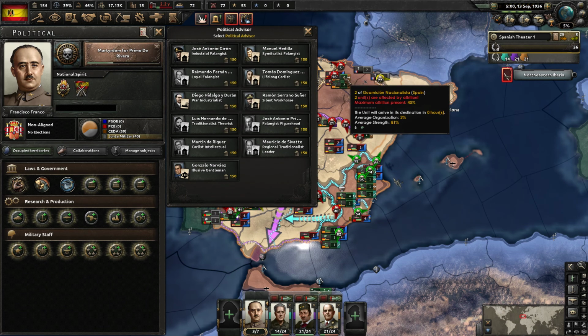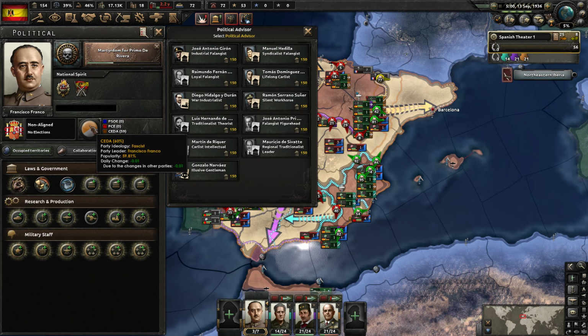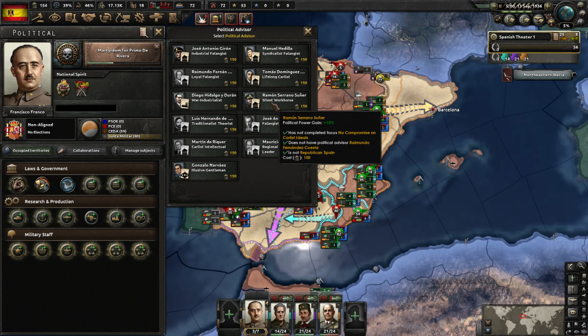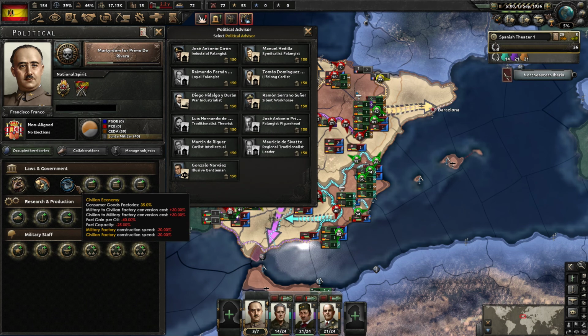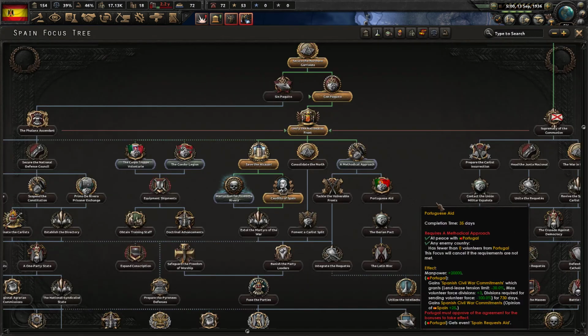Eventually, we want to get this loyal phalanges, which gives us fascism support. Actually, we don't, because we already have enough fascism support here from those decisions. So we could just go for the silent workhorse. And then we'll pick up partial mob. Or will we? Because